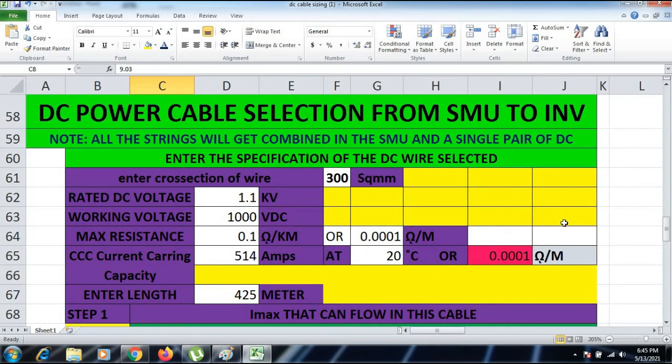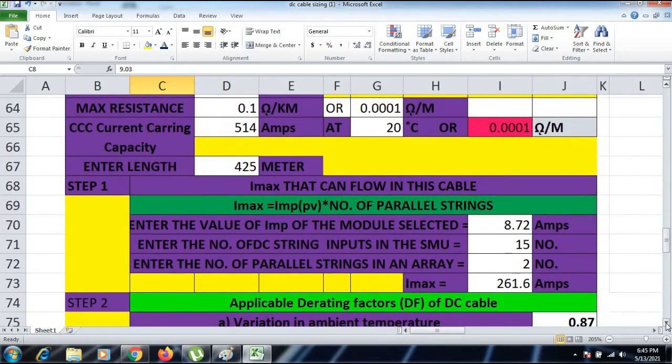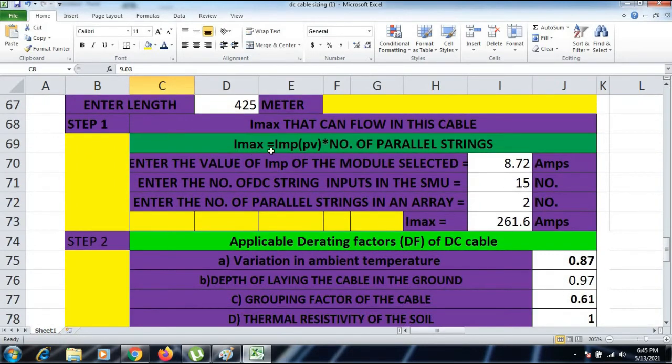How many parallel strings we are connecting, that gets multiplied with the operating current of the photovoltaic system. As you can see here, our operating current was 8.72 for a single module, as I showed you previously. Here our operating current was 8.5 ampere for a single module.